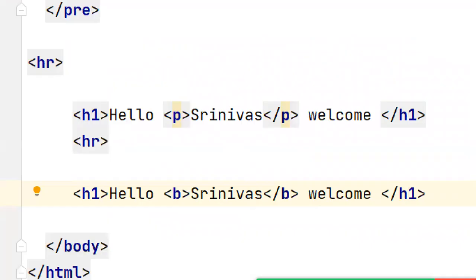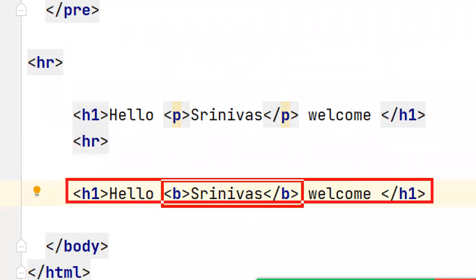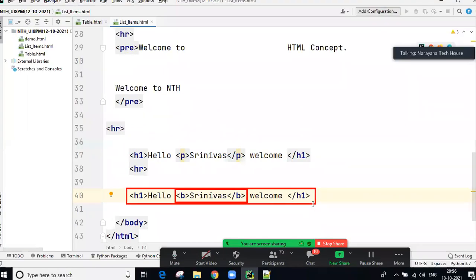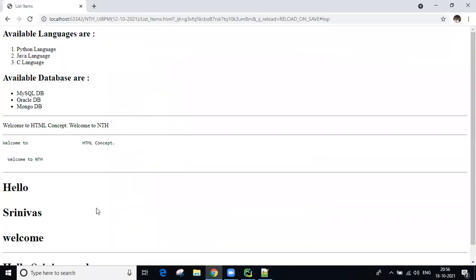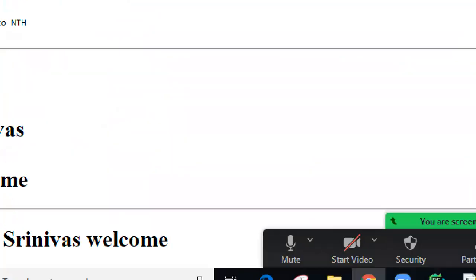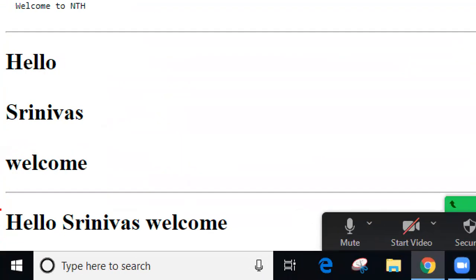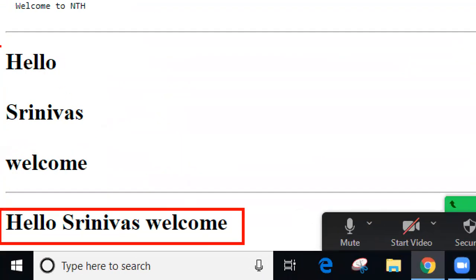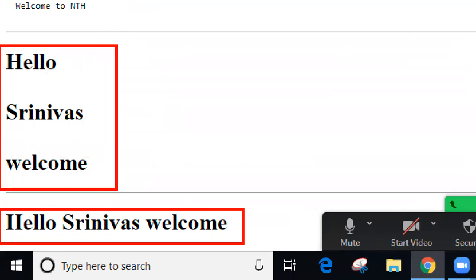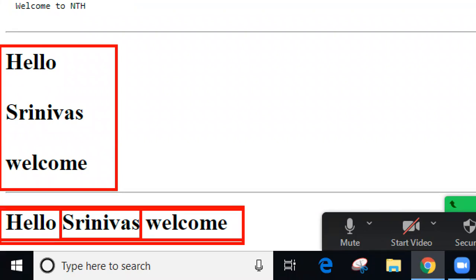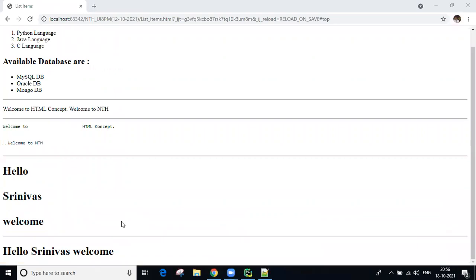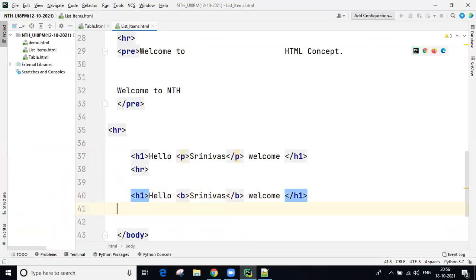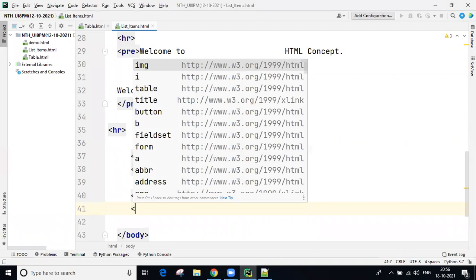Now you can see here one inline level element is available inside a block level element. Then what happened? You can see you are getting it in the same line. Hello Srinivas, welcome. Before it was block level inside block level. Now an inline level element inside the block level: same line you are getting, no problem. All of these you will understand by your own testing.